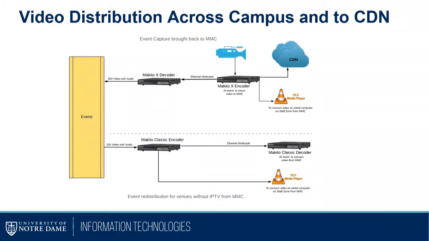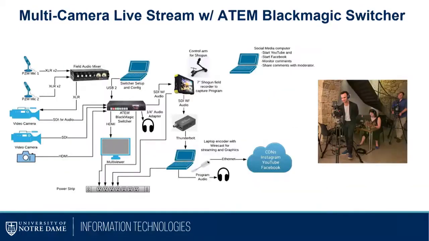If you want to jump to the next slide, just pushing through a couple different kinds of workflows here. This is another workflow where it's location, and we're all self-contained in one space. 2 cameras using an ATEM to switch, using Wirecast off of a laptop to be able to do the live streaming, so software encoder, and being able to do the graphics off of Wirecast, the camera switching off of another